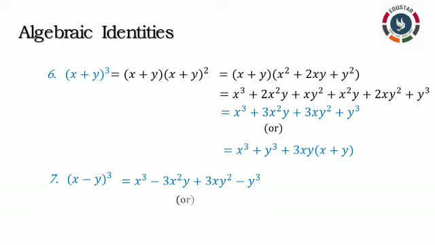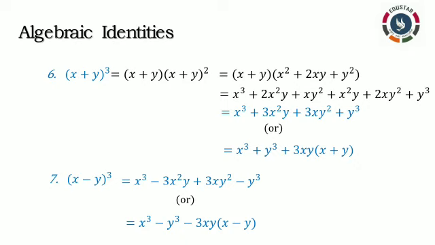This can also be written as x cube minus y cube minus 3xy into x minus y. So now you guys can take a note and check whether you are getting x minus y the whole cube is equal to x cube minus 3x square y plus 3xy square minus y cube by multiplying the terms. Only if you practice the identities in your note, it will be easy for you to apply them in the sums. Hope you guys will do this without fail.